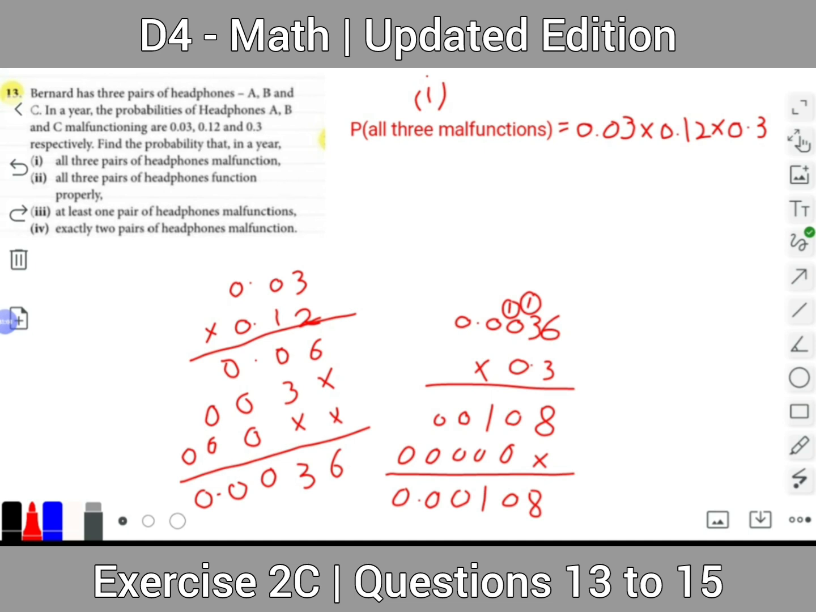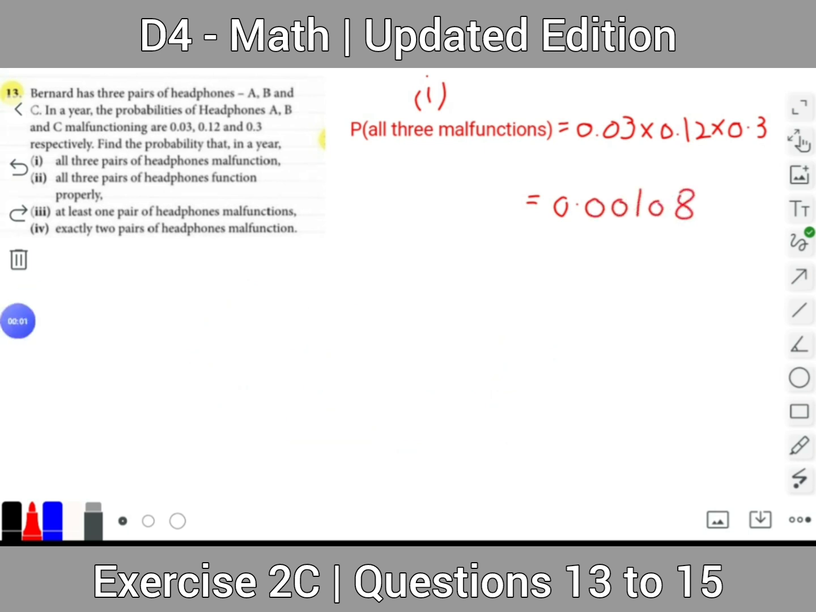So after multiplication we will get 0.00108. So the probability that all three malfunction is equal to 0.00108. Now we have to find out the probability in part 2 that in a year all three pairs of headphones function properly. So for this, since the probabilities of malfunctioning are given